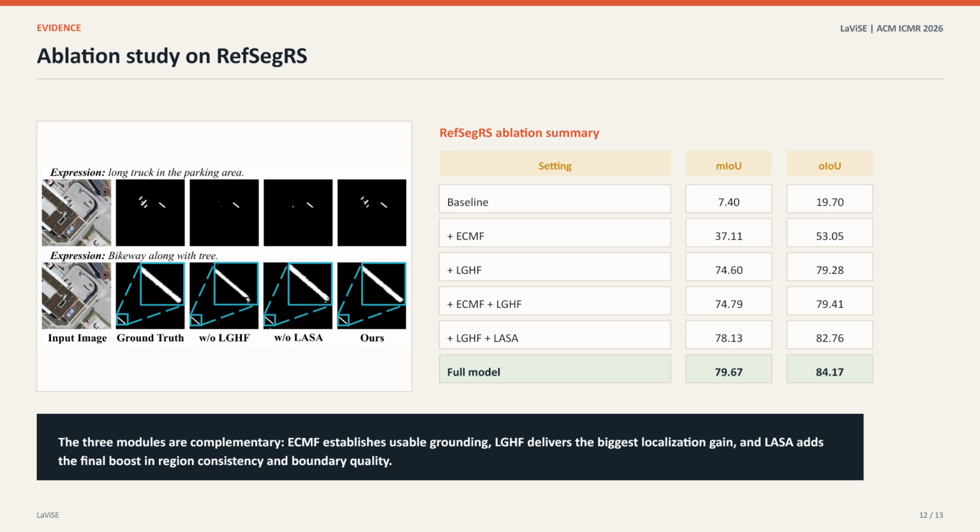When ECMF and LGHF are enabled together, the result becomes 74.79 and 79.41. Adding LaViSE on top of LGHF gives 78.13 and 82.76, and the full model reaches the best score at 79.67 MIOU and 84.17 OIOU. Overall, the table supports the design logic of the method step by step.